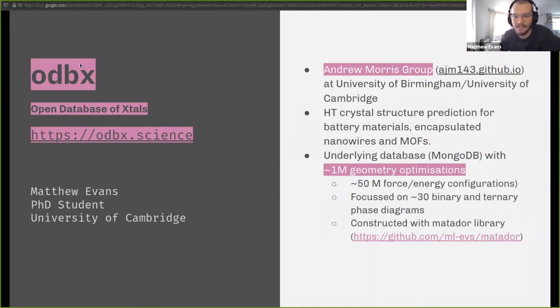It's developed in the Andrew Morris group. It's now at the University of Birmingham, but was previously at Cambridge. And we mostly focus on high throughput crystal structure prediction. A lot of our data comes from battery materials, some on encapsulated nanowires, so 1D systems mostly, and also some MOFs. And this work in our group over the last 5 or 6 years,